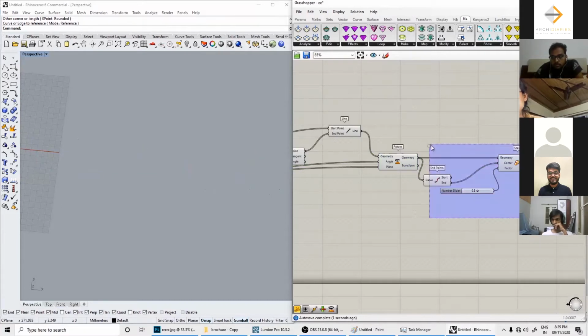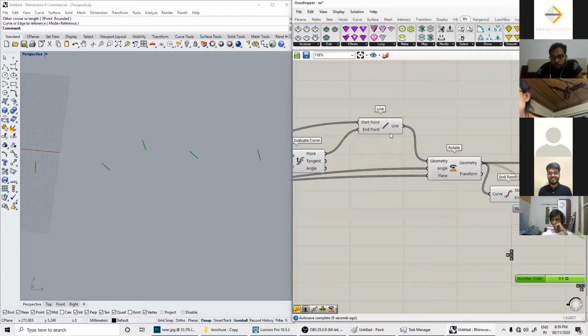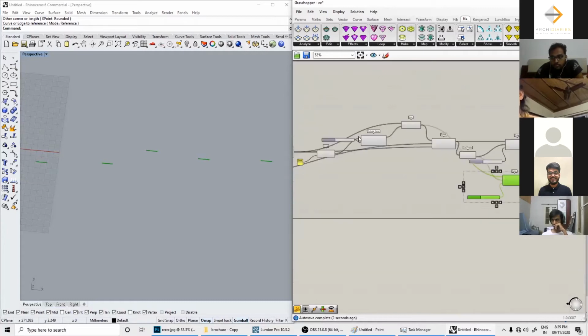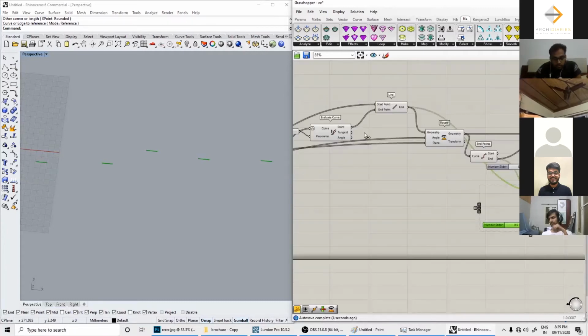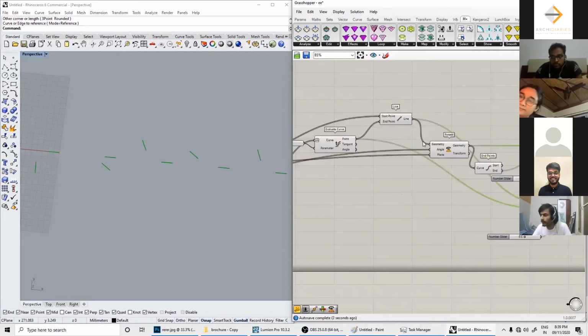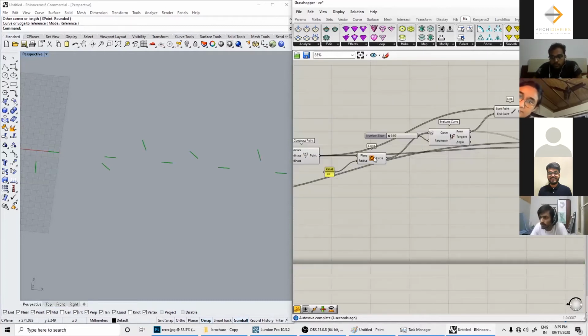I'm going to do the same thing for the original line, and here my center will be this point over here. So what I did essentially is scale it like this.